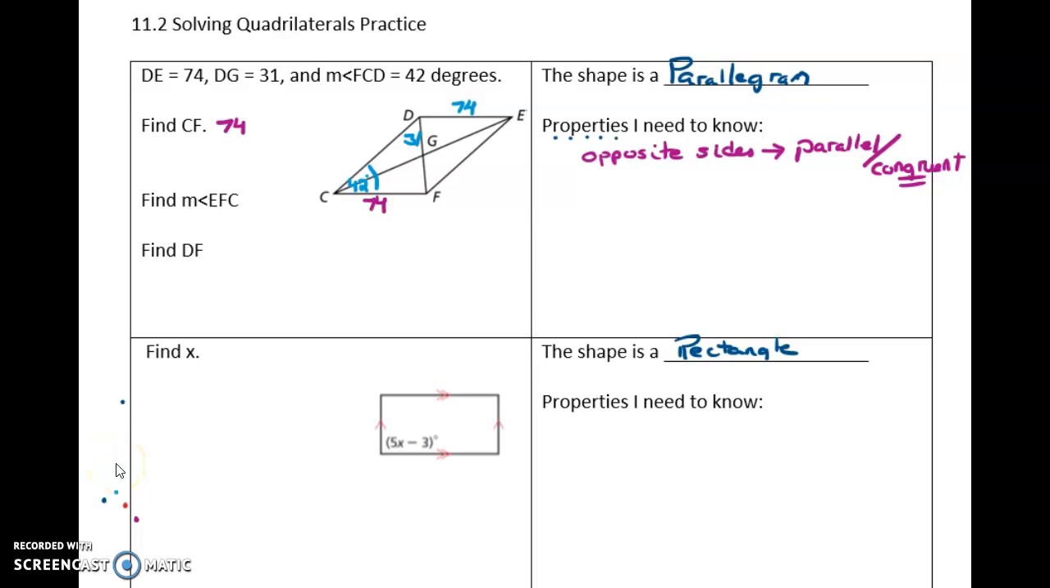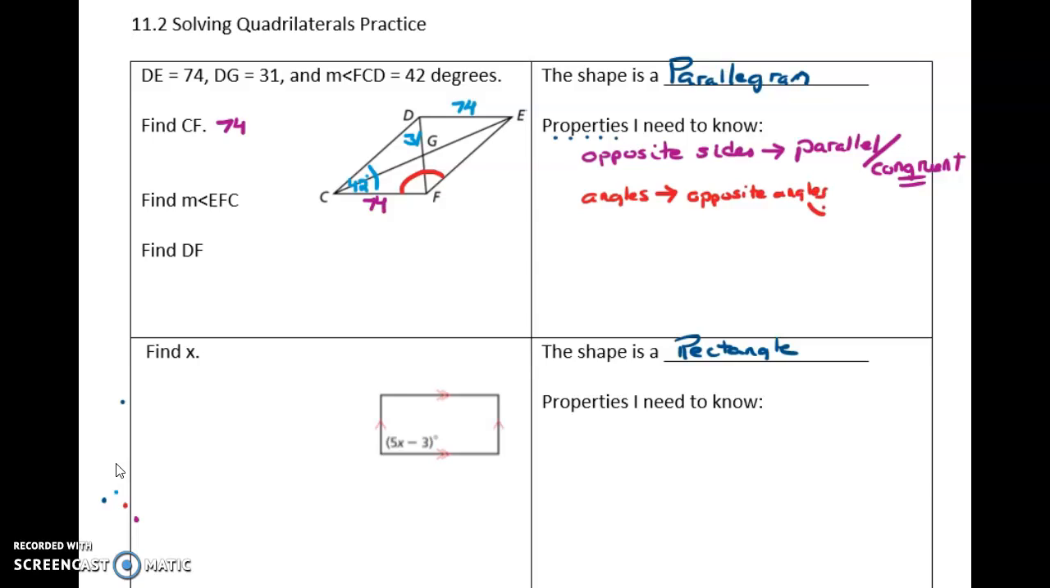Find the measure of EFC. So E to F to C is going to be this angle right here. All right, so now here's what you need to know about the angles in a parallelogram. Couple things. I'm going to split this up into two parts. Angles. First thing you need to know is if you talk about the opposite angles,